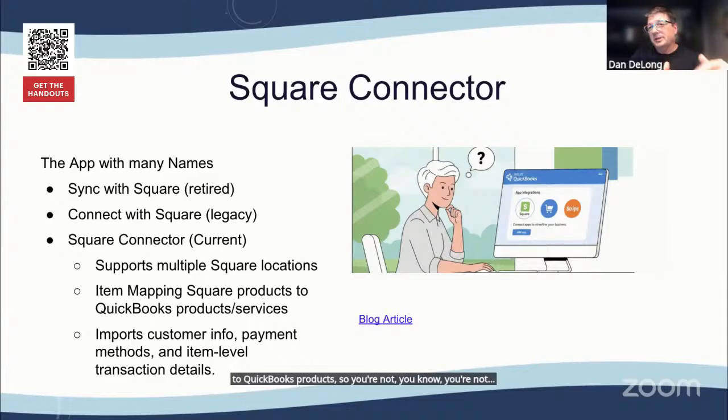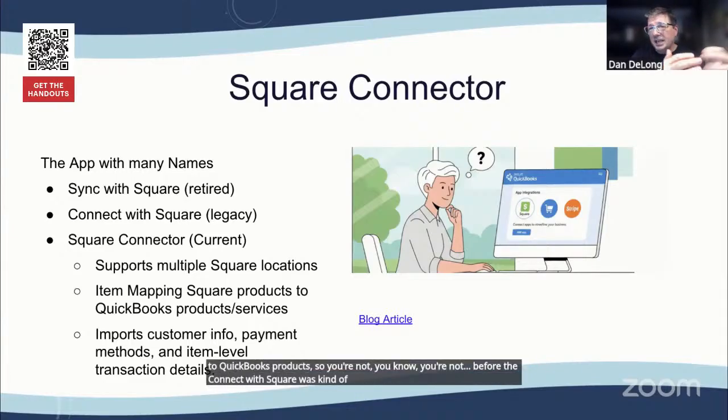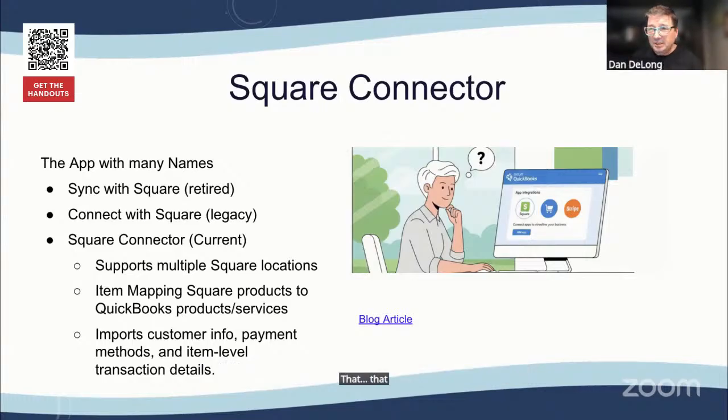Before, the Connect with Square would go off of the name and hope that it connected, and maybe you use the same name, but now you can explicitly connect those two, like this product on Square is this product in QuickBooks. And then, of course, it imports other things, more detail, right? There's a link there for the blog article and workshop that we did over at